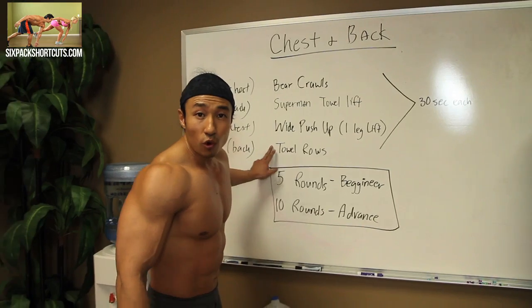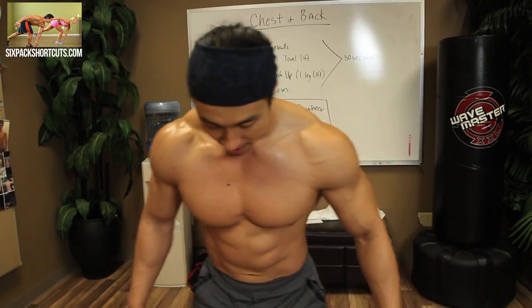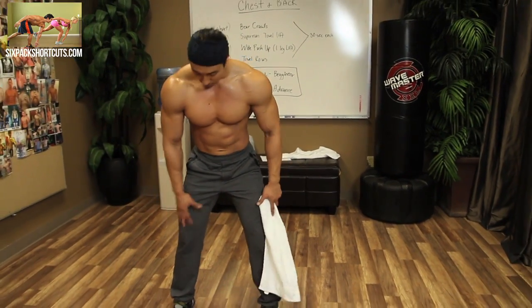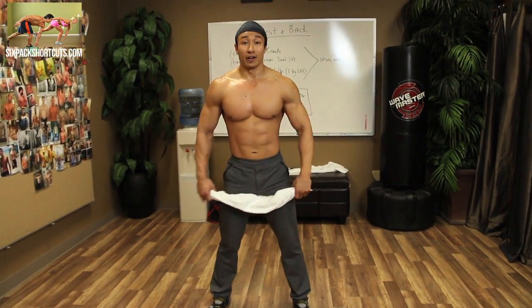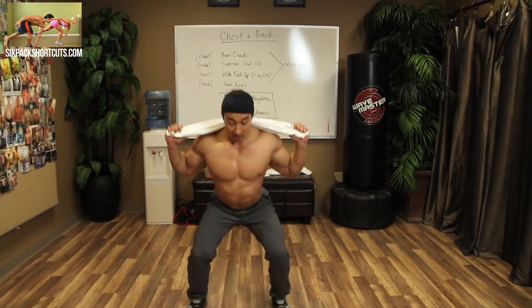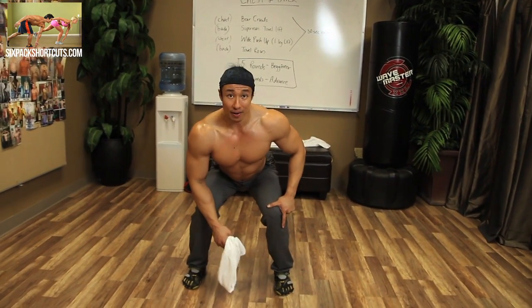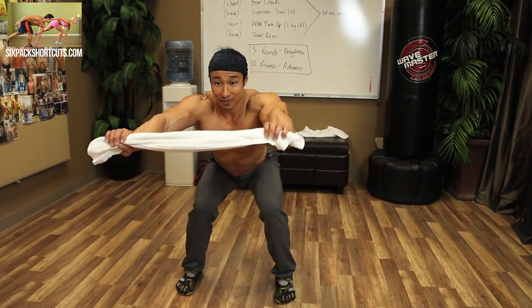Last one is the towel roll. So you want to stand up on your feet and get into a squat position. Your feet should be about shoulder width. Whatever position you usually do a squat in, imagine that you're doing a squat. Let's say if you had a bar right here, you're squatting down. Once you get to a little higher than parallel, from here, hold this position, grab the towel,